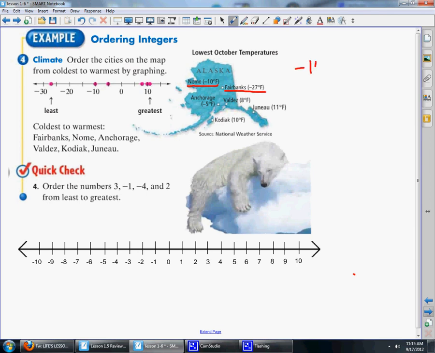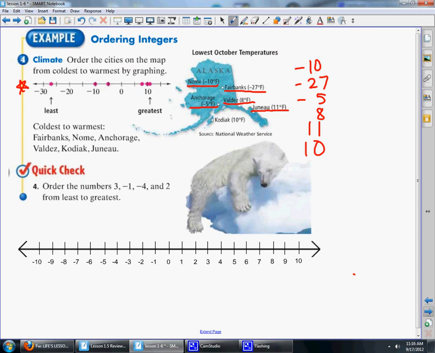So I'm going to just write these down. -10, -27, Anchorage, which is -5, Valdez, which is 8 degrees, Juneau, which is 11 degrees, and then Kodiak, which is 10. And you can see where these points are graphed here on this number line,